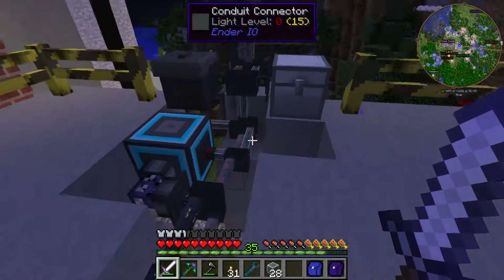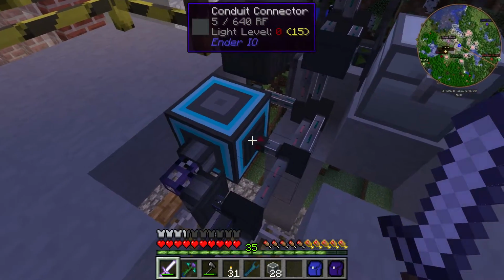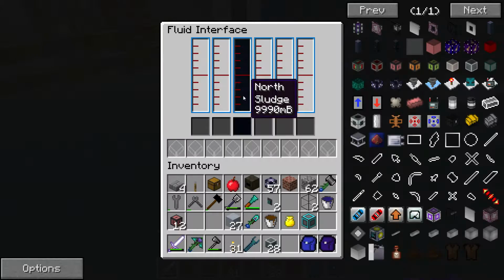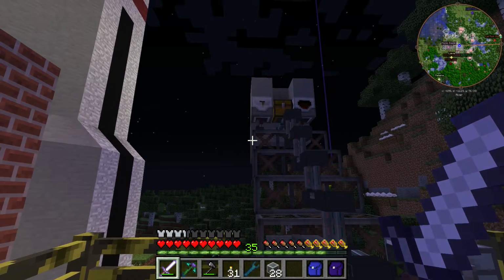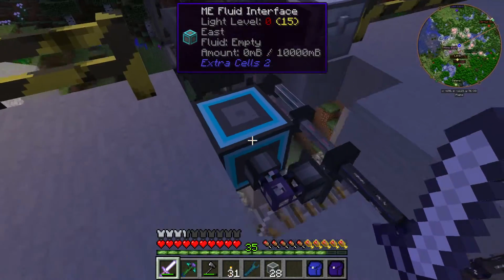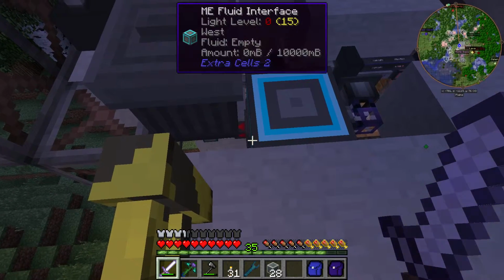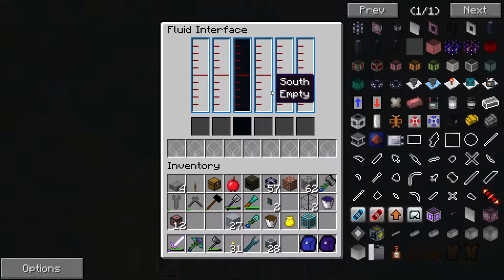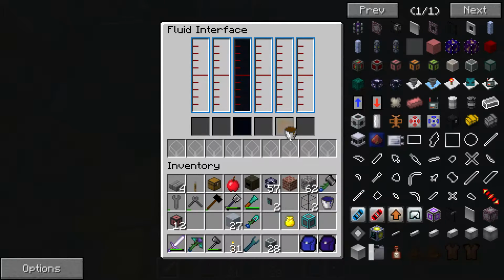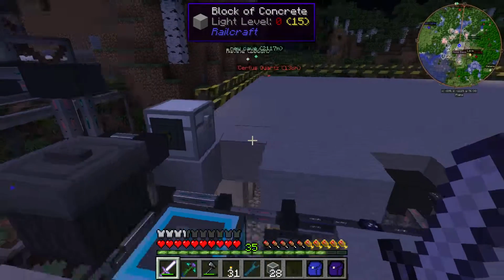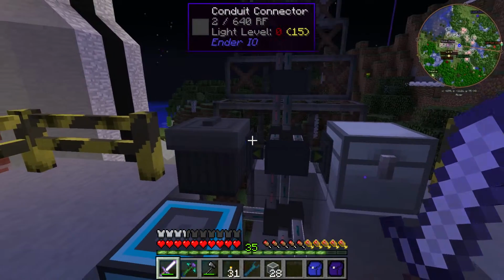But what should also happen is that this guy is going to start extracting from here. You can see he's extracting, and the sludge boiler is running. So this side here is going to be the west side. So I can say that west is going to be sewage. Okay. And now what should be happening,